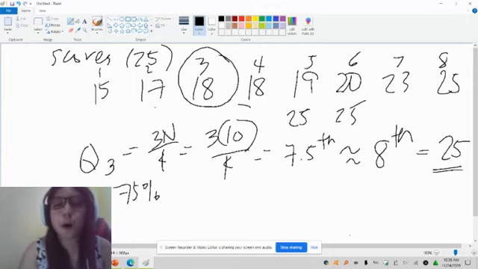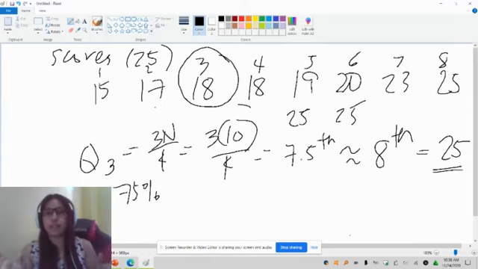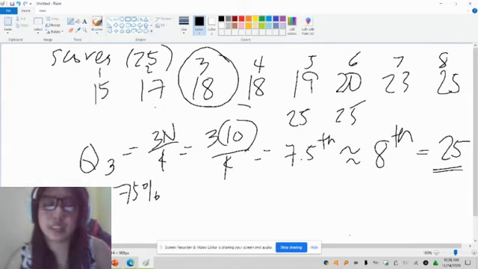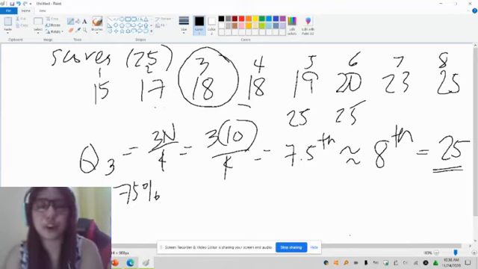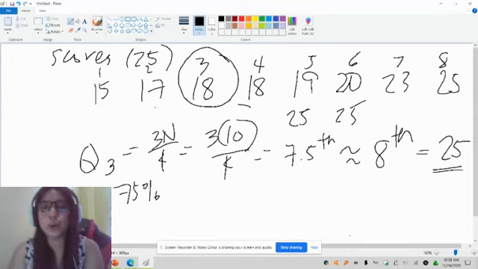obtained a score of a perfect score, because we have the idea that the perfect score is 25. So it also depends on our data set. We can say that if we do not have the idea of the perfect score, then we might say that 75% of the students obtained a score of 25 and above. However, because 25 is the perfect score, then we can say that